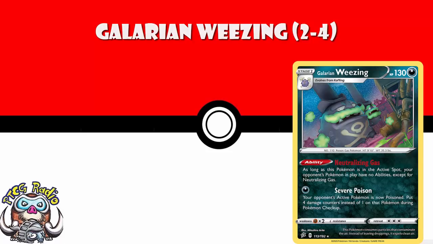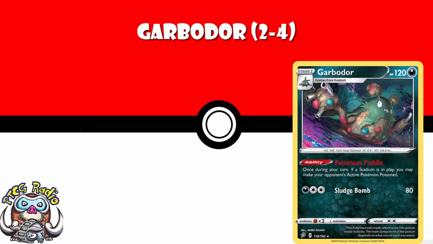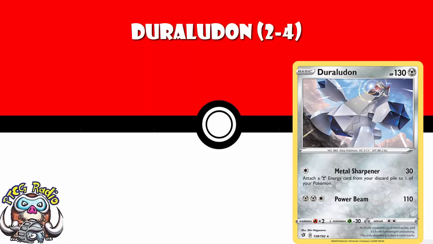2 to 4 copies of Garbodor. It's got the ability Poisonous Puddle. If there is a stadium in play, there always will be, you may make your opponent's active Pokemon poisoned. You can see that being teched into a bunch of decks. 2 to 4 Duraludon, I'm slightly less sure about. 1 energy, 30 damage, and you accelerate an energy. But if you ever need a Pokemon to start off your game in a metal deck, Duraludon is probably going